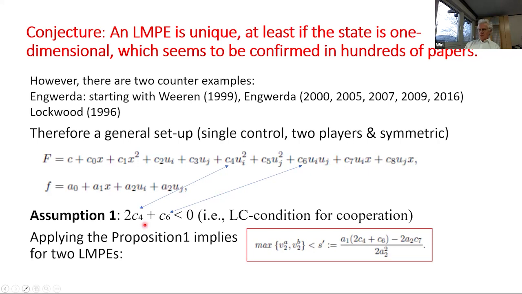So we make here one assumption, which essentially is the Legendre-Clebsch necessary optimality condition from the cooperative optimization problem. This is a very innocuous assumption. We just postulate that in the cooperative solution, the objective is concave with respect to the control. So if we apply now proposition 1, we must get that both solutions for the quadratic term of the